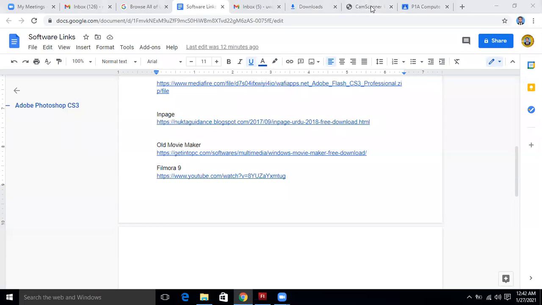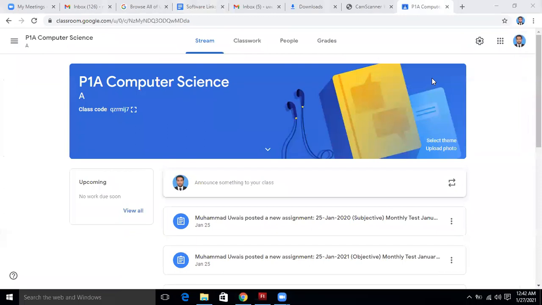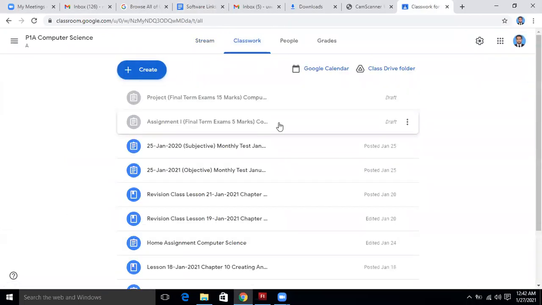which is basically related to the assignments. Okay, so since we have got some weightage for the assignments, I am going to give you very short assignments, which will be included in your final term exams. These assignments will be to write some question answers which are from the text of the book. Okay, so these are very short assignments that you need to submit using Google Classroom.